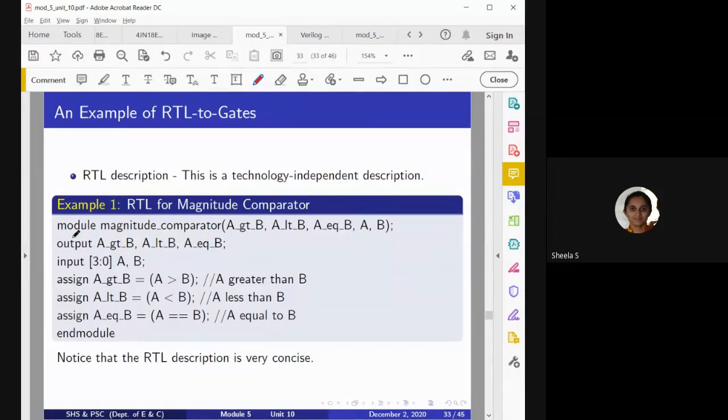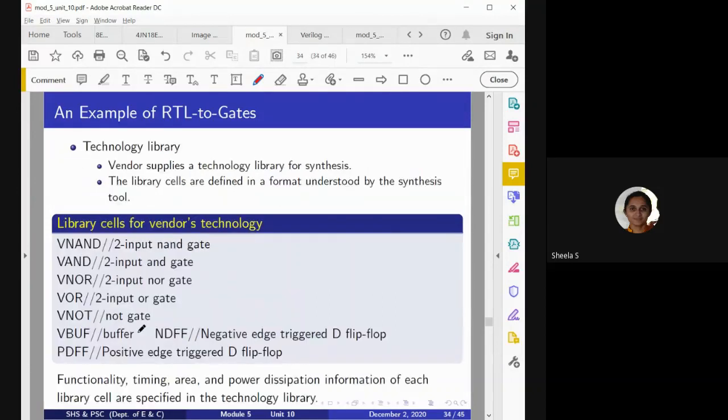Here we are declaring the IO ports and the corresponding size of the input and output ports, and then we are mentioning when it is high, otherwise it will be low. And next, what will the technology library do? It will check whether these functionalities are available or not.